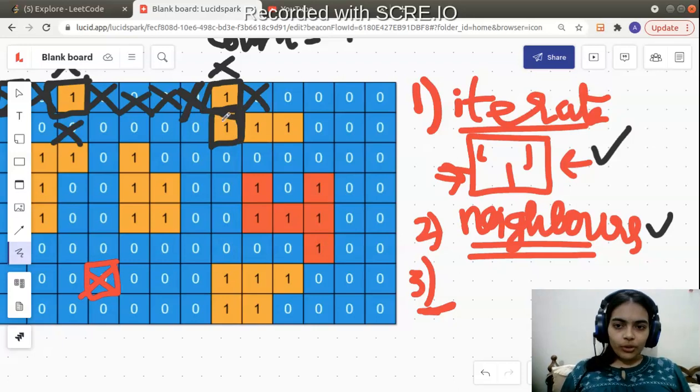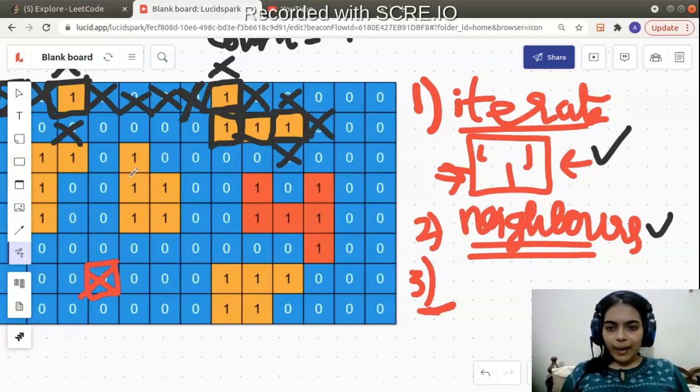So what will this guy do? This guy will again call its neighbor. It will enter into the function call of its right neighbor. It will call its right neighbor. Then this guy will also call its right neighbor. What happens now when this guy calls its right neighbor? It will return 0. This guy will also return 0. Its down neighbor will also return 0.